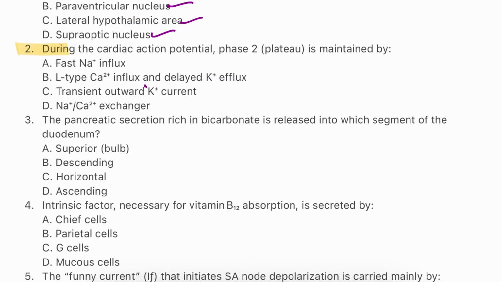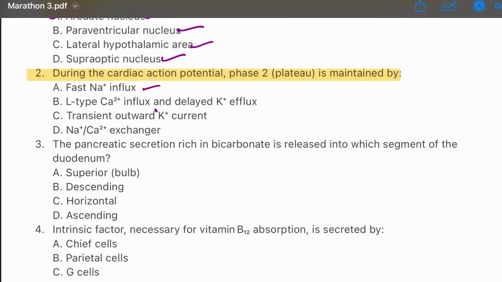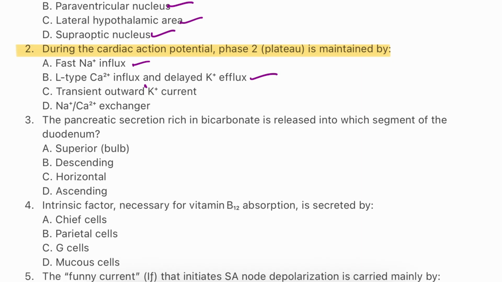Question number 2. During the cardiac action potential, phase 2 plateau is maintained by: fast Na+ influx, L-type Ca2+ influx and delayed K+ efflux, transient outward K+ current, Na+/Ca2+ exchanger. The answer will be B. L-type Ca2+ influx and delayed K+ efflux. Phase 2 plateau of the cardiac action potential is sustained by Ca2+ influx through L-type channels and reduced K+